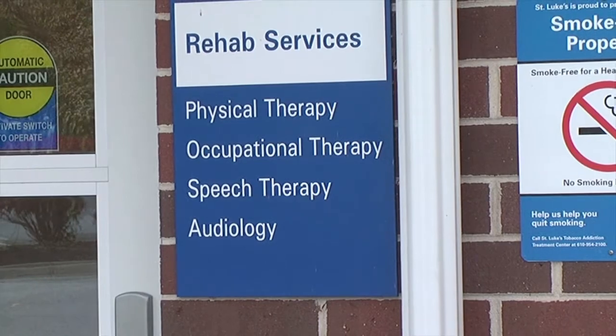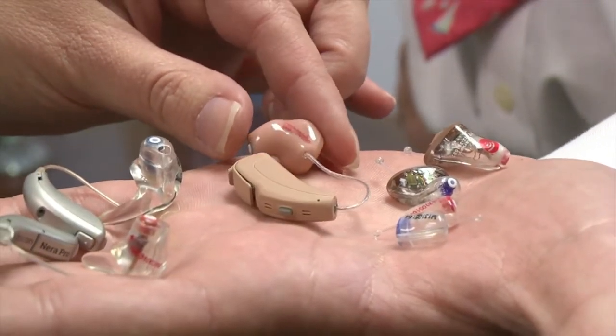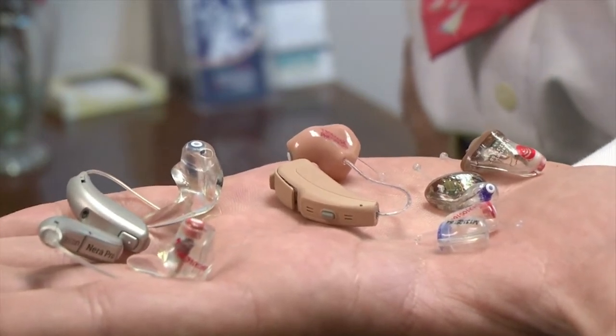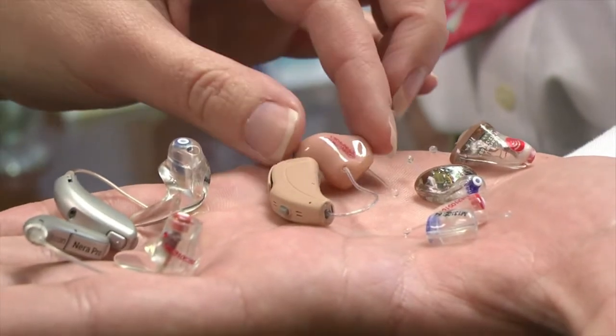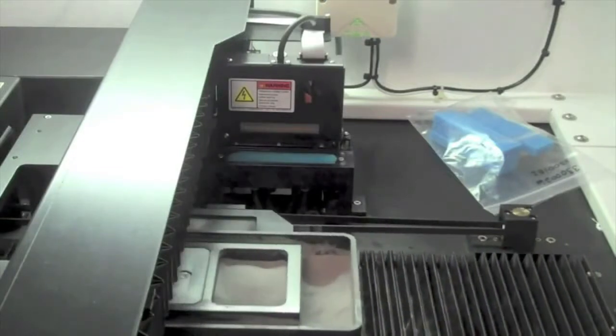I feel that with the technology, it's more of a precise fitting. Some of the issues that we may have had with getting a comfortable fit have been resolved with the new technology. So what we're looking at here are a few different examples of the types of hearing instruments that we dispense, and really the best aspect of this is that I can pick up the phone, I can call the technician at the manufacturer, we can have a conversation about if there is any issues, and I think there is